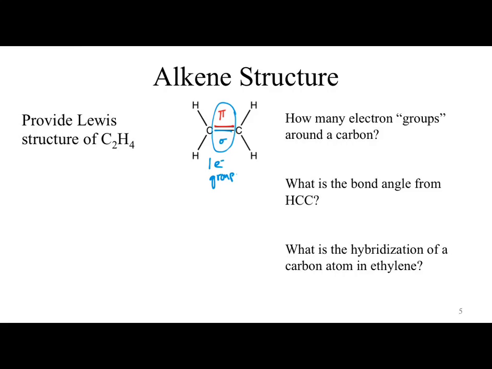Okay. What's the bond angle? So our bond angle here. Okay. We've got 3 electron groups, which means what hybridization? We've got sp2. What does that mean about the bond angle? Looking at 120 degrees. Okay? Close enough, right? Okay, any questions about that? Okay, so,